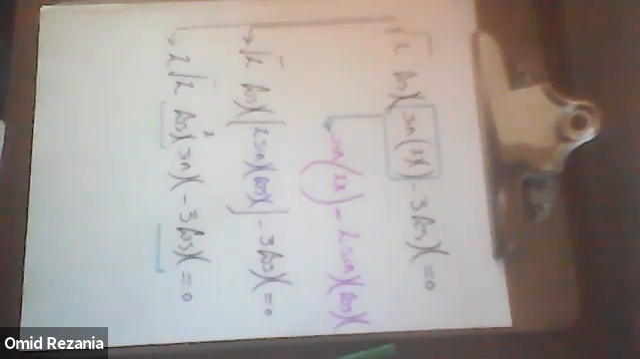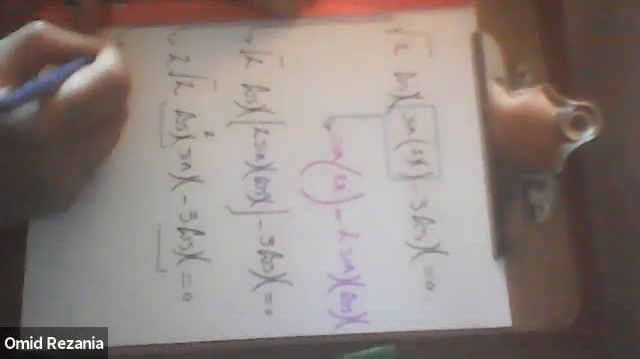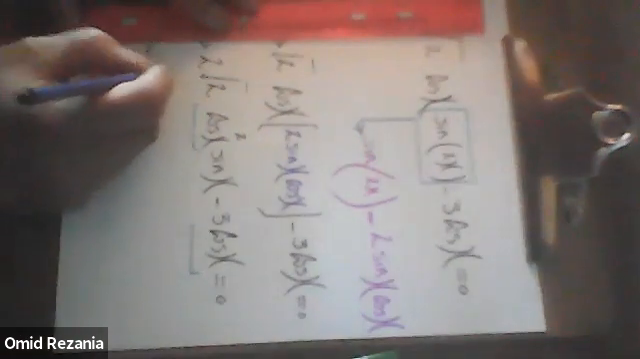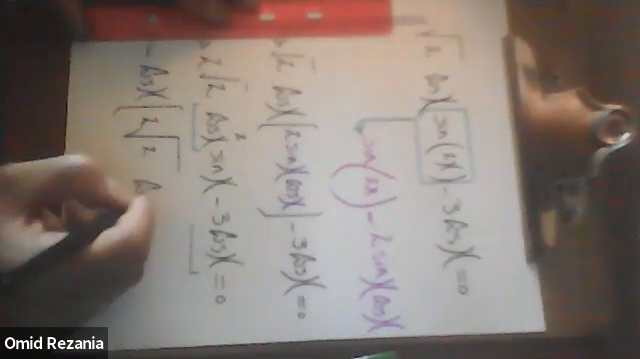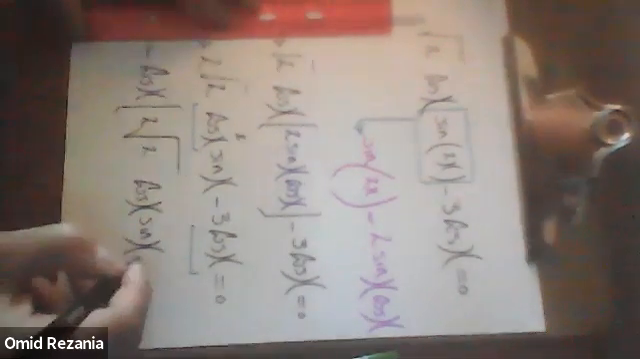Then the thing which I'm going to do is this. I'm going to come here and very simply factor cosine x. I'm just going to factor cosine of x here. What I get at the end is this. It becomes 2 times square root of 2 times cosine x times sine x minus 3